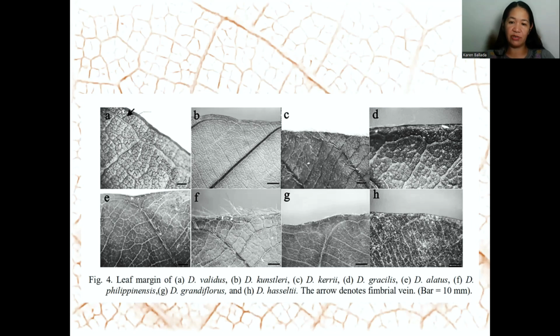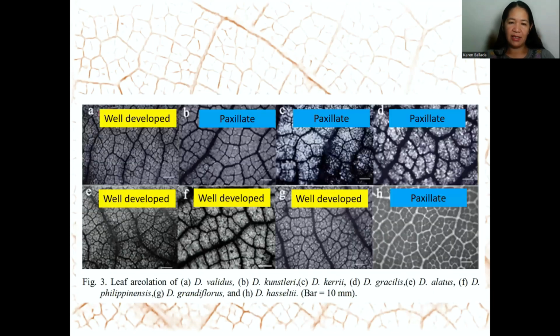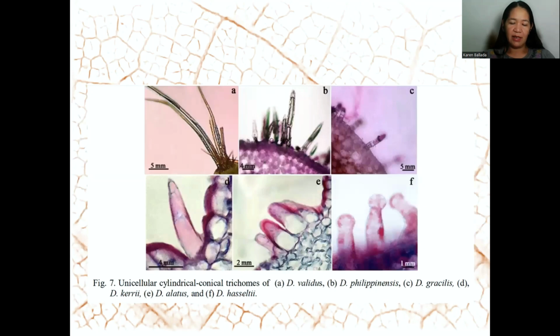The majority of them are actually quite entire. And in terms of areolation, some of them exhibited well-developed areolation, and then the others are quite vacillate. As I did mention earlier, when you're talking about well-developed areolation, meaning there is the formation of clear polygons. Another morphologic feature is actually the trichomes that are observed among these different species of